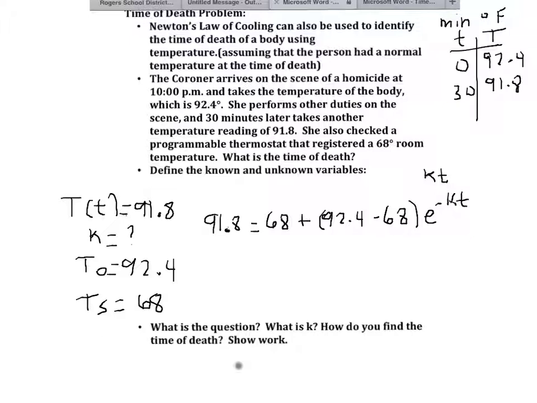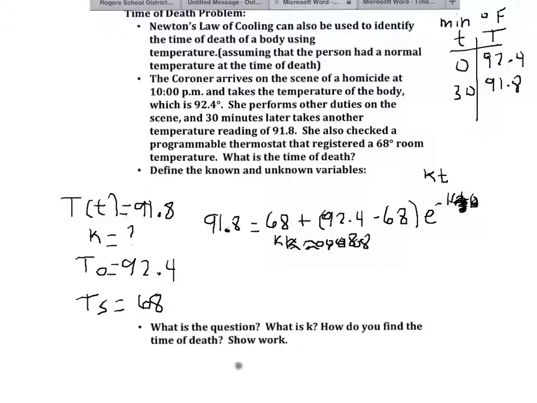later at 91.8 degrees. So first of all, we substitute those in, 92.4 for initial temperature and 91.8 for T of t at time 30. So I'm going to go ahead and substitute 30 in for small t. And when we go through and solve that, because k would be your only unknown then, k is going to be approximately equal to 0.0008. And then we can use that constant rate of change to determine the time of death of the body